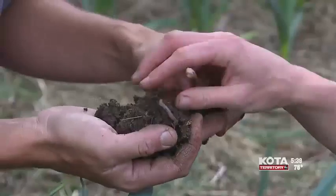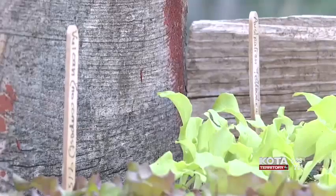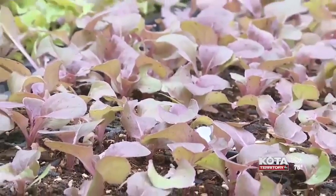Another thing to do is just kind of park your tiller away for a little bit. I think the benefits of not tilling are that increased soil structure and just infiltration. Everything they do is all for the mission of stewarding the land. And we only have 3 acres, so kind of imagining how, you know, if people doing this in their home garden, it makes a difference, and people doing this on a bigger scale,